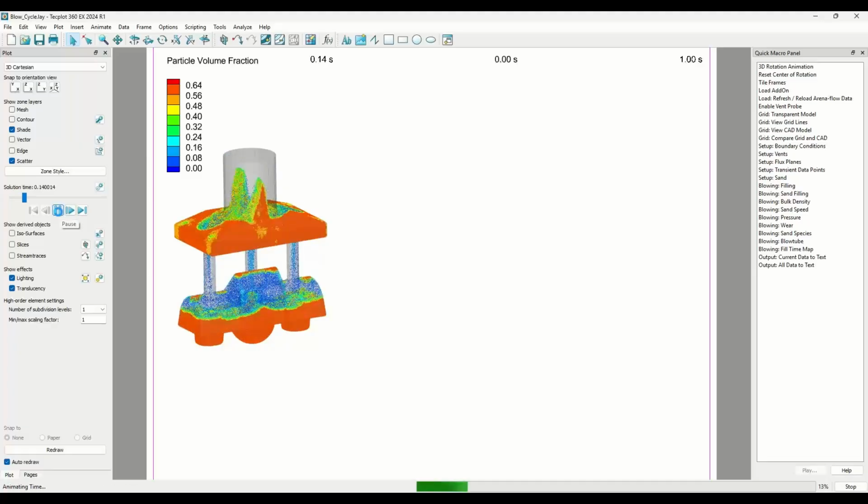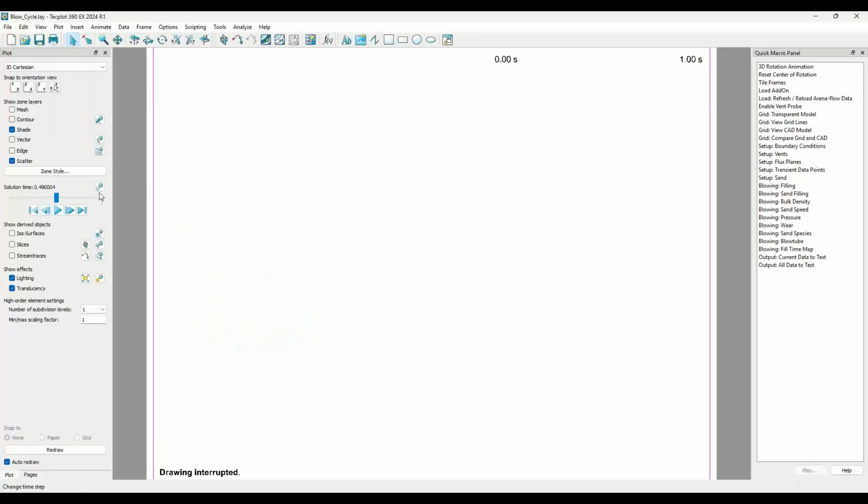And fairly early on, we'll see the tubes start to run out of sand, red holing. So it becomes pretty obvious that this core is not going to fill. Let me just pause that and